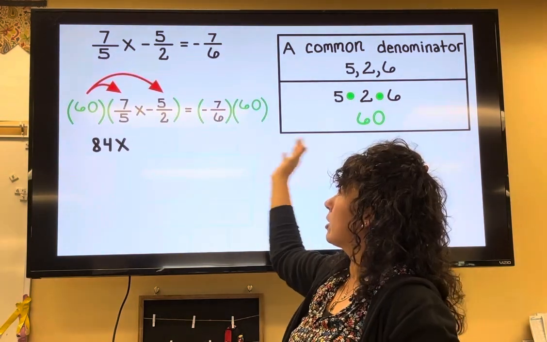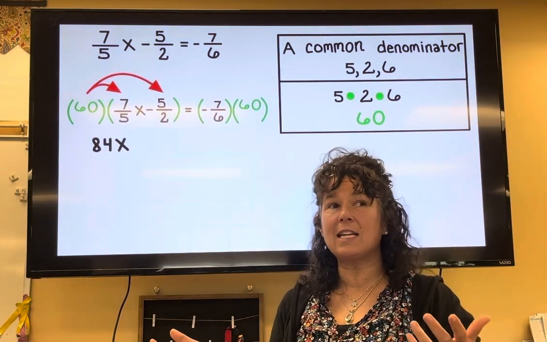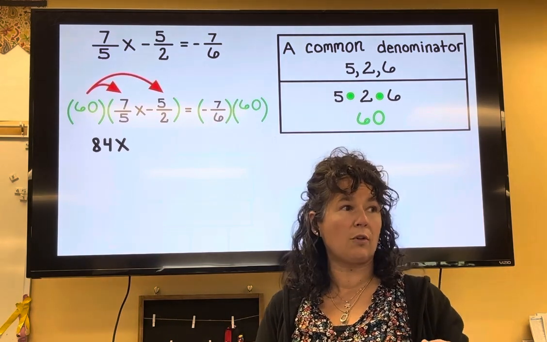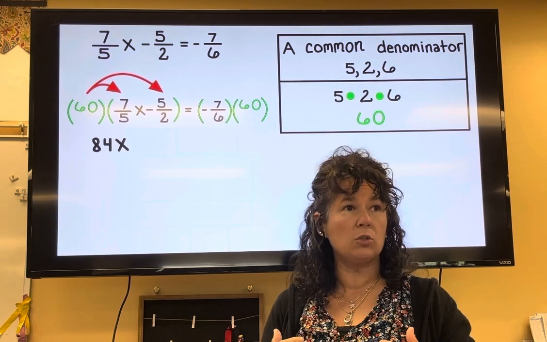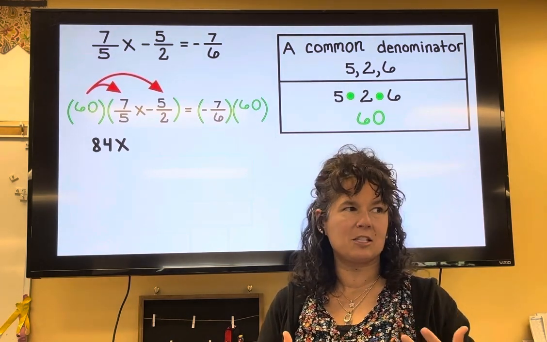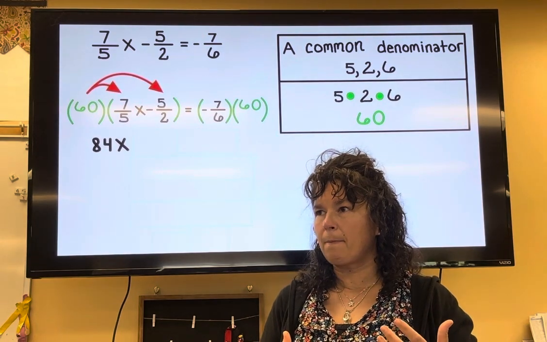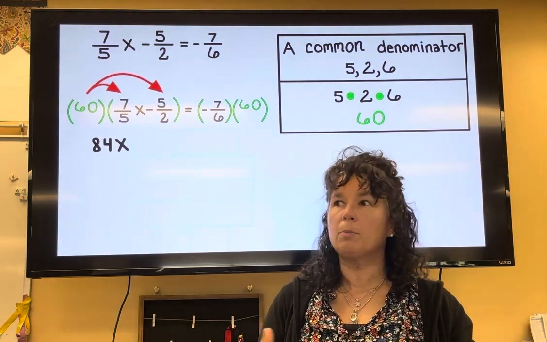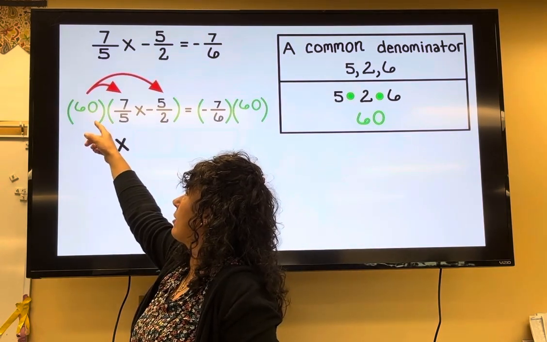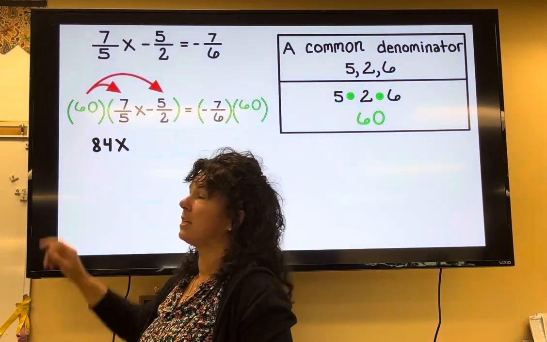The reason why we're clearing these fractions is because on the state test, we don't have the a b/c button. Our calculators won't do fractions that we're able to use. But we are gonna have a calculator that can add, subtract, multiply, and divide. So I'm not really afraid of multiplying big numbers. So even if you needed to take your calculator out and do 60 divided by 5 times 7 to make that go fast,